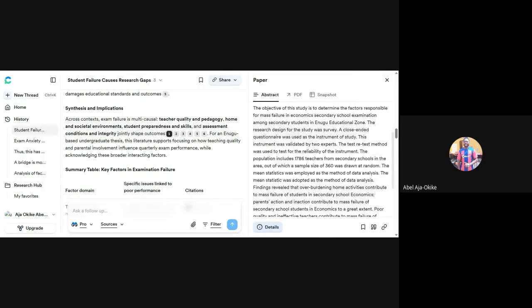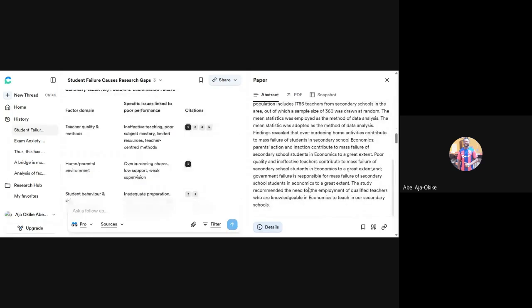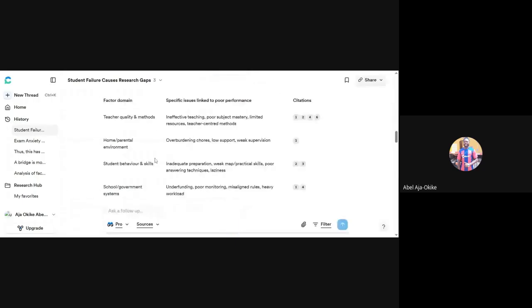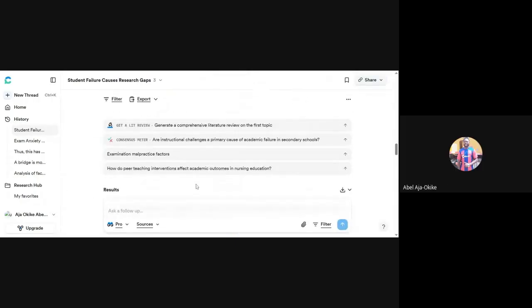So these are the papers. The fact that you can see them shows that they are readily available online. So that is for that. And right now we are going to go back to our presentation. But I believe that we've been able to understand these concepts effectively. Okay, thank you.